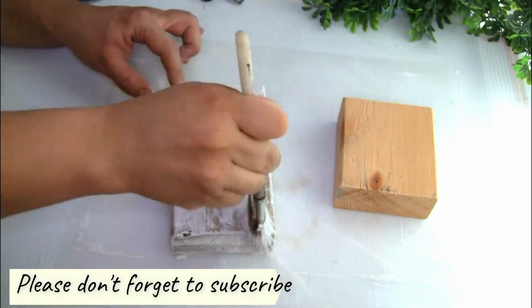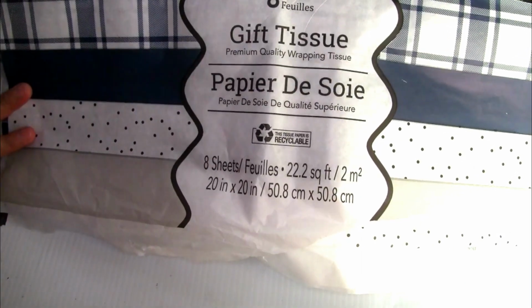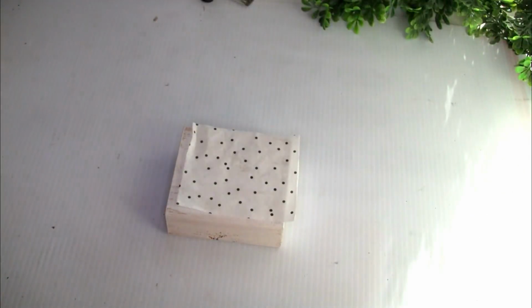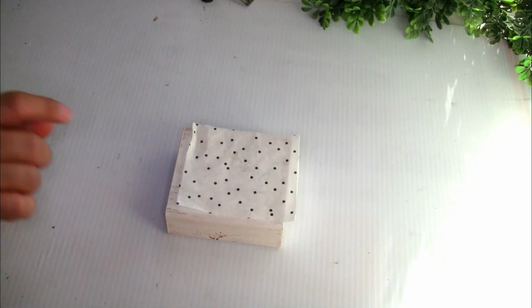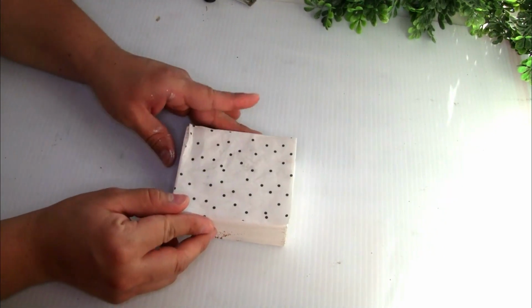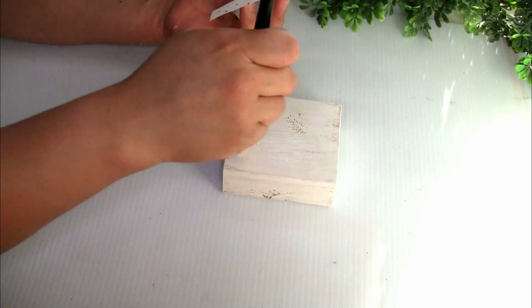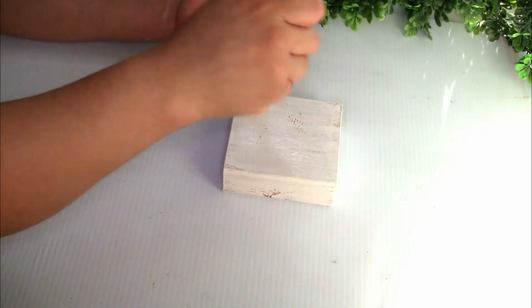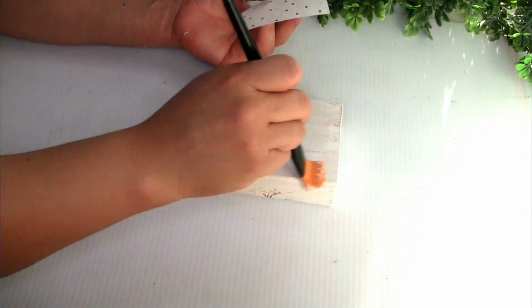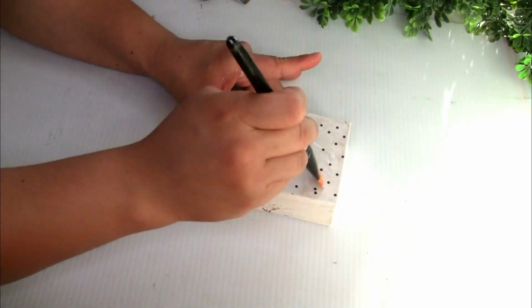I'm going to be doing two projects on the same piece of wood, so the next thing, I'm going to be using this gift tissue paper that I found at Dollar Tree. So I just cut a piece for the side of the small piece of wood. This is the first time that I'm going to use the tissue paper, and it was amazing working with it. My friend Sandra from DIY at the Khreacioness